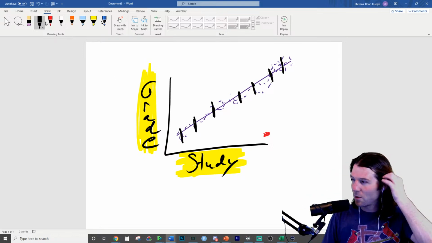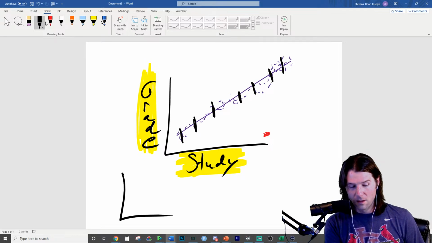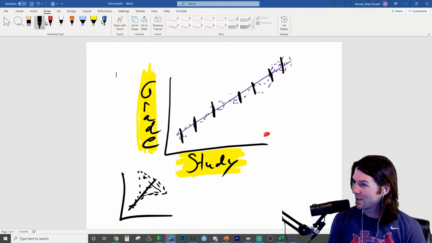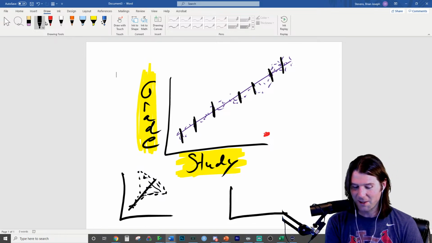Heteroscedasticity. When you have a heteroscedastic relationship, it's going to look something like this. Differing spread, which we know in 201 is what? We're going to earn these 100 points. We got this. In 201, you know this as what? You do not want what? QQ, straight enough. No outliers.